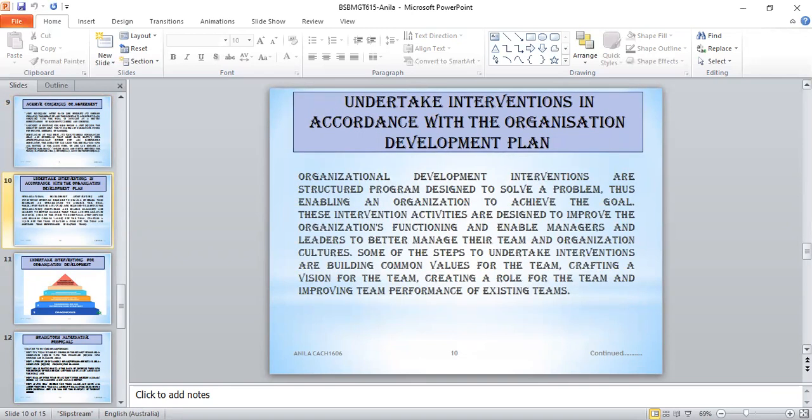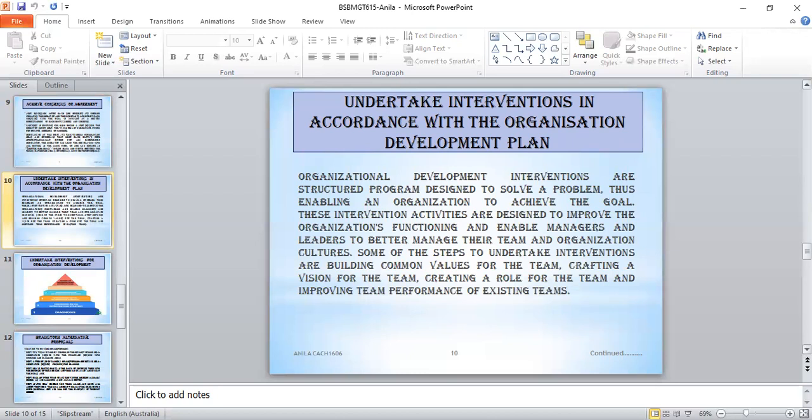Undertake intervention in accordance with the organizational development plan. Organization development interventions are structured programs designed to solve a problem, thus enabling an organization to achieve its goal. The intervention activities are designed to improve the organization's functioning and enable managers and leaders to better manage their team